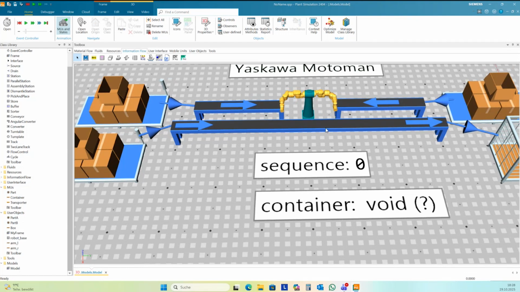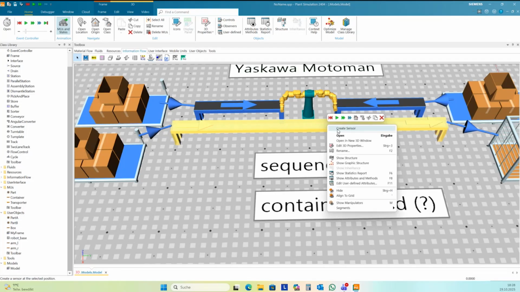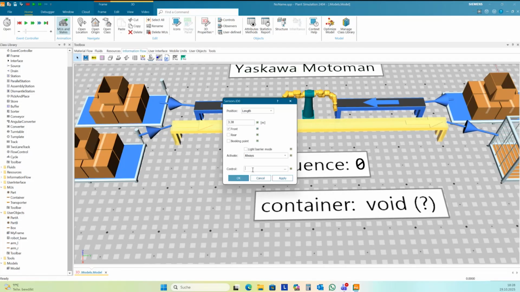And so first I need here on the conveyor a sensor with a sensor control.